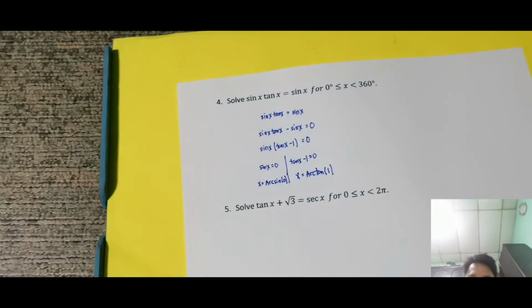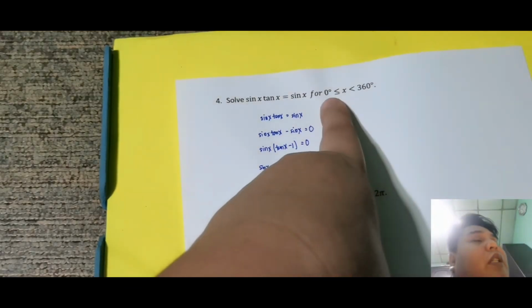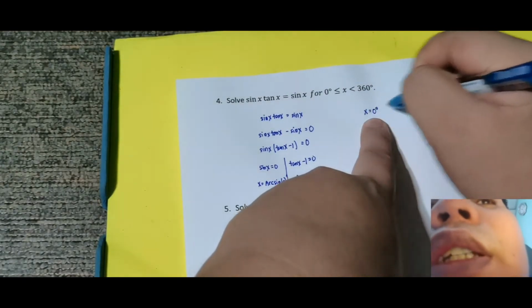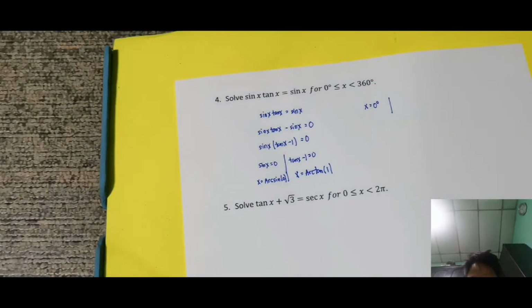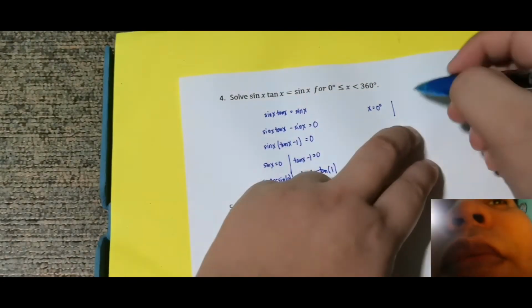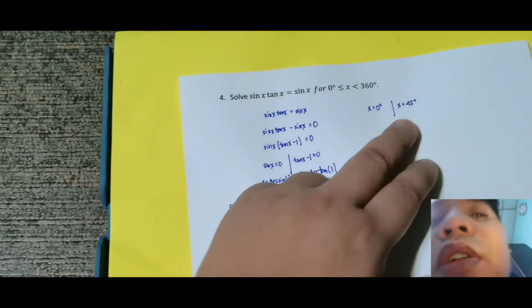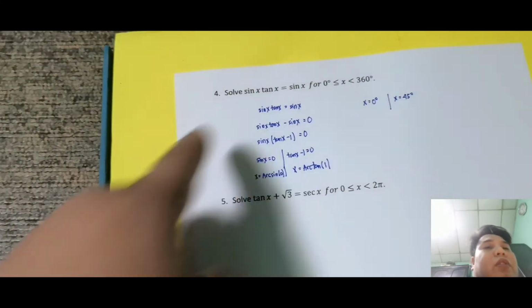So, check natin what is arc sine 0. Arc sine 0 is 0. Okay, so meaning, since pasok si 0 degrees eh. Ayun din eh. So, si arc sine 0 is equal to 0 degrees. Yung pangalawa, arc tan of 1, that is 45 degrees. So, x is equal to 45 degrees. So, imagine mo, kung sinagot mo lang is 45 degrees, mali ka pala dahil kasama pa dito yung sagot na